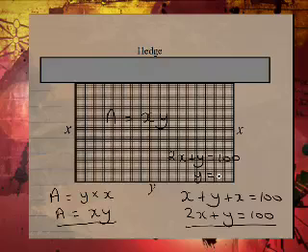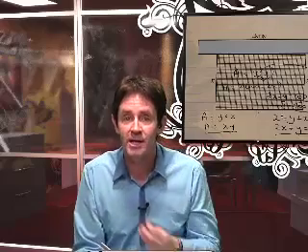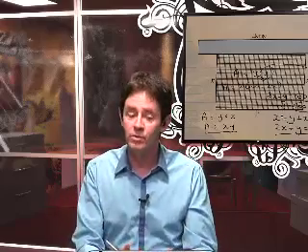We can say y is 100 minus 2x. That's very good, because this expression can be substituted into here, and we will have an expression for area. Area would be x times 100 minus 2x. That's wonderful, because we can then differentiate that area expression and put the derivative equals 0 to get